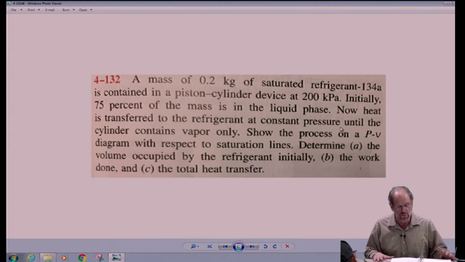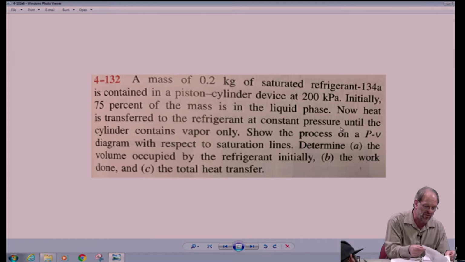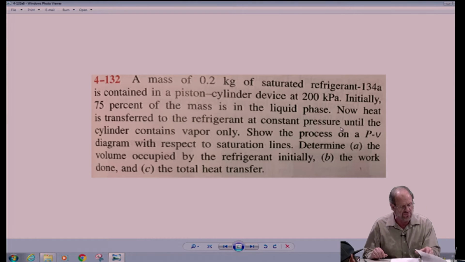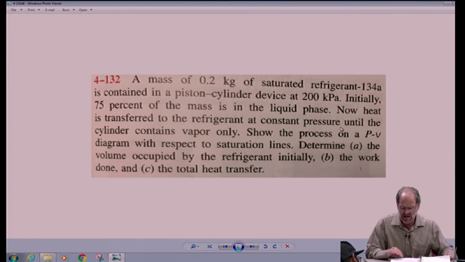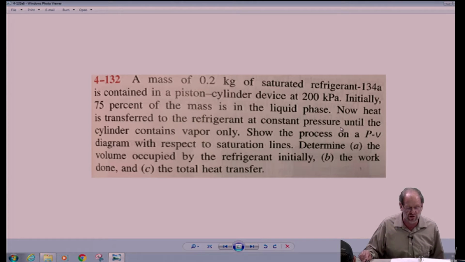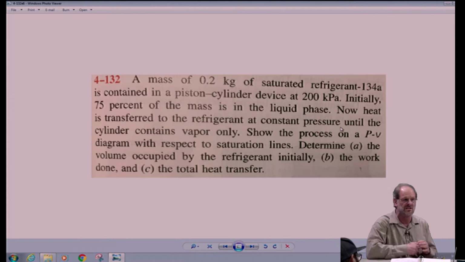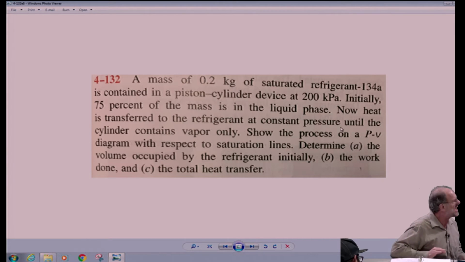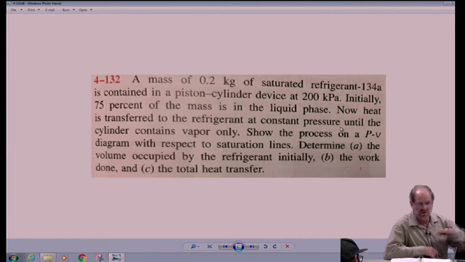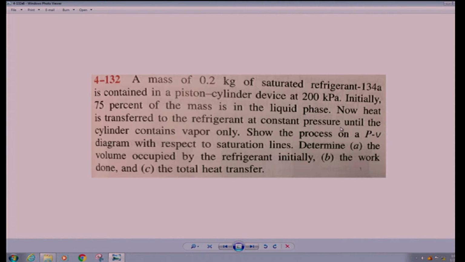All right, so we've looked at a couple example problems already. Both of those were sealed rigid vessel types of problems. And now we're going to look at something a little bit different. I actually put this on the board last time, but today we're going to actually solve through this problem. This does say problem 132, but it's actually from the 6th edition. We're up to the 8th edition now, so you're not going to find this in your textbook. So I've put it up here, and I'll just leave it up there for a little while longer as I'm starting to set up this problem.